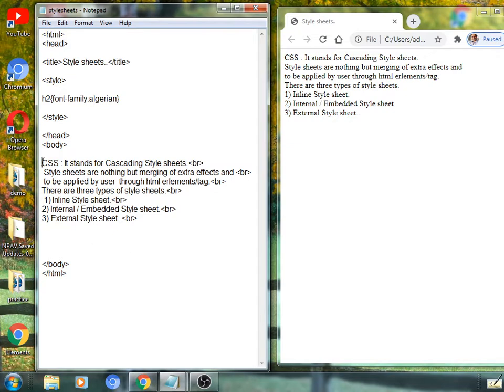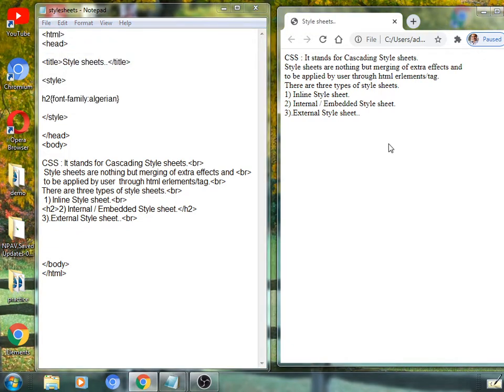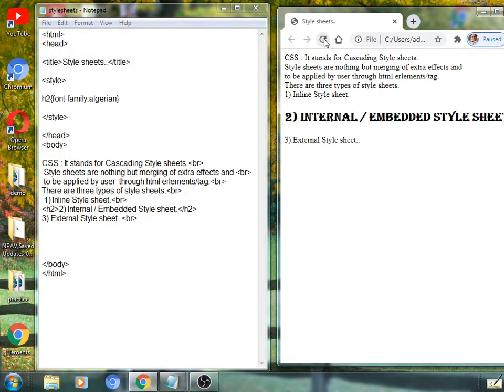Suppose I want to apply this at a specified line, here on the internal or embedded style sheet line. So h2 should be properly ended here with slash h2, like this. Save this again and check it in the browser window. It is applied.